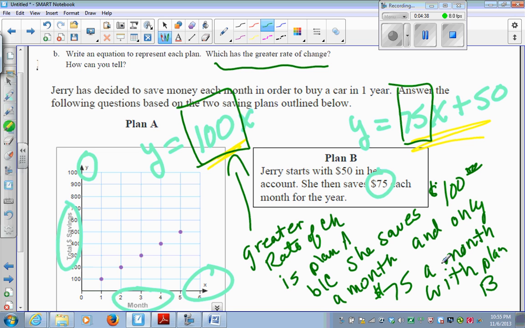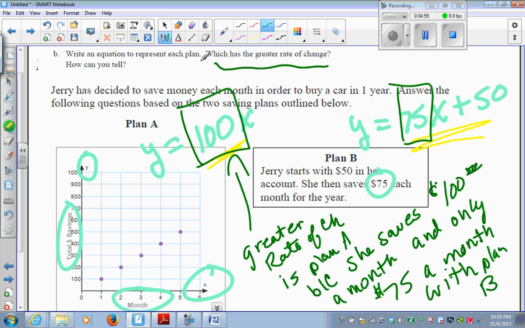So with Plan A, she saves $100 per month. Plan B, she saves $75. So the change every single month, this one is always going up by 100. This one is only going up by 75. So for your answer on your paper, you got a point for writing the correct